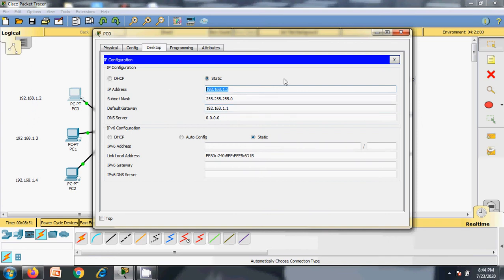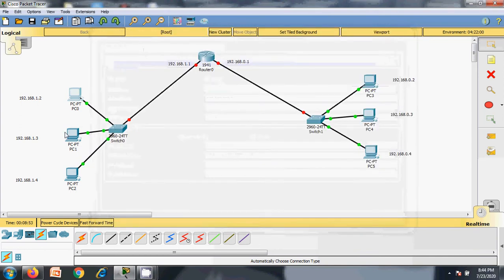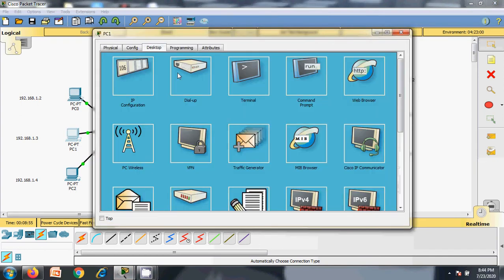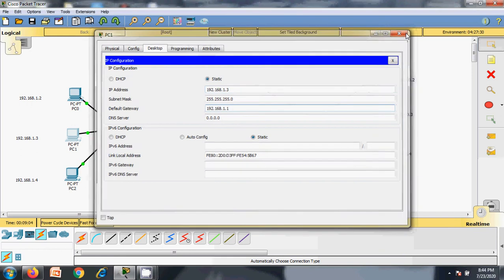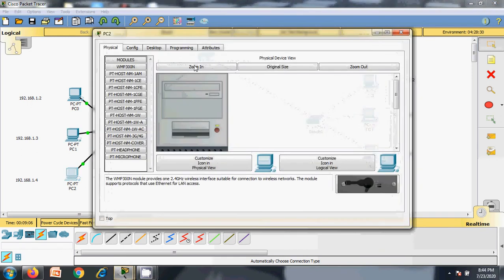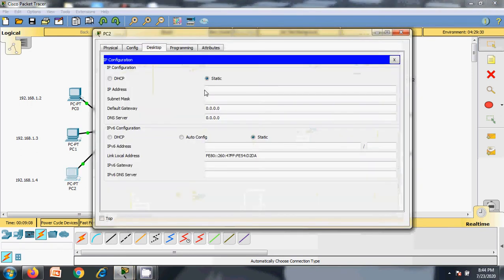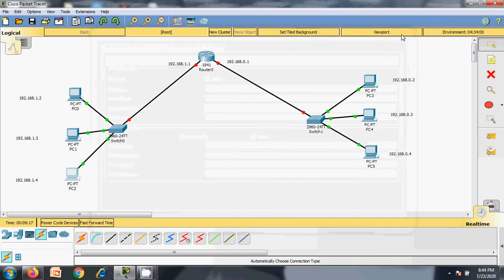So you copy this. So 1.3 is the IP and 1.1 is the gateway IP, and here also 1.4 is the IP and 1.1 is the gateway IP.